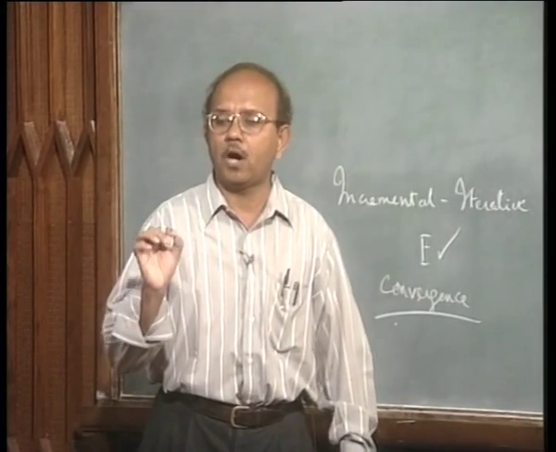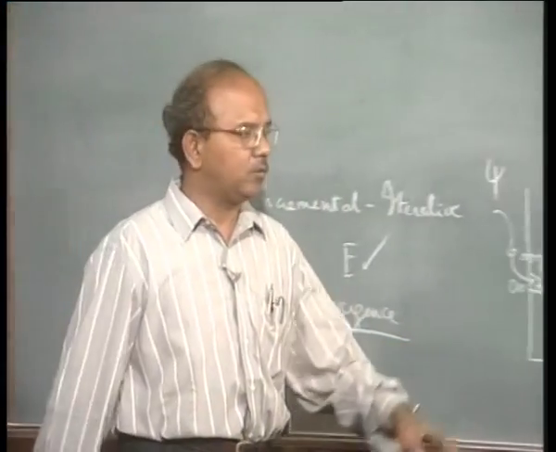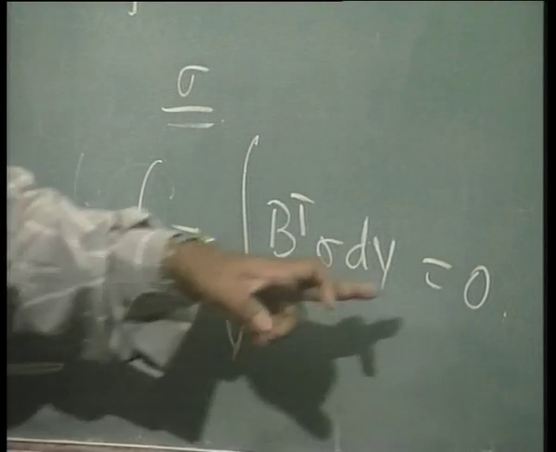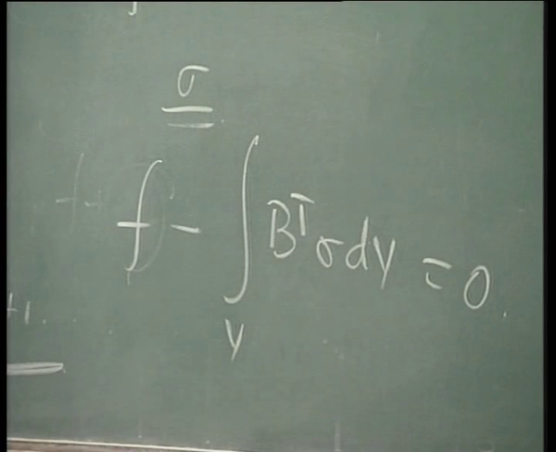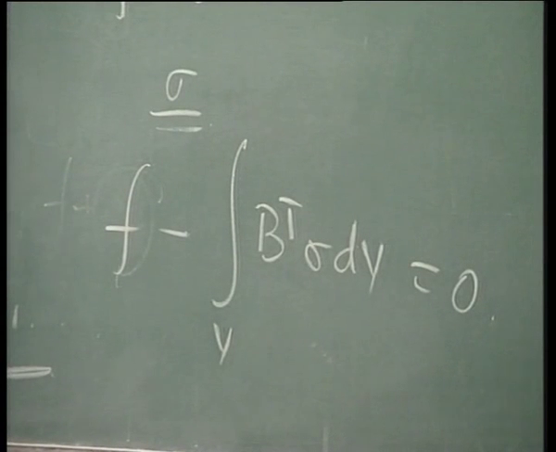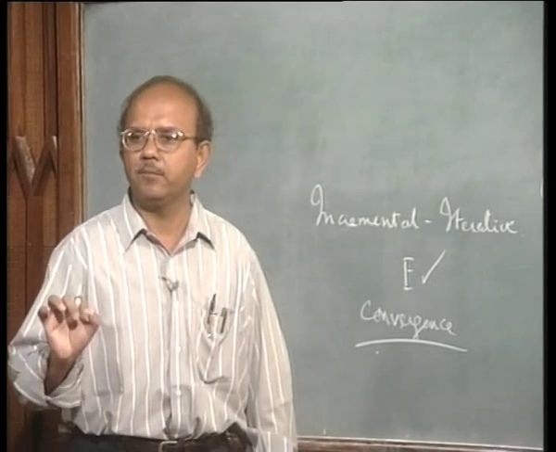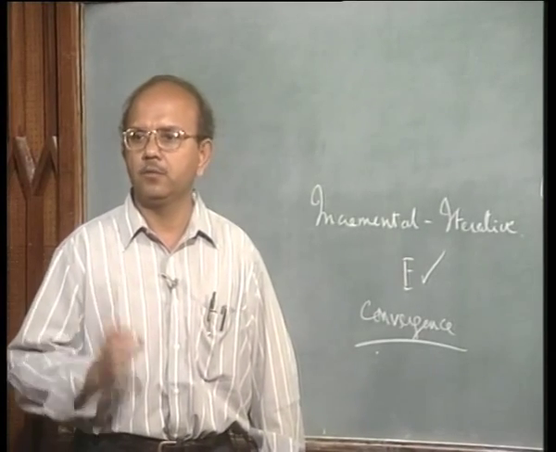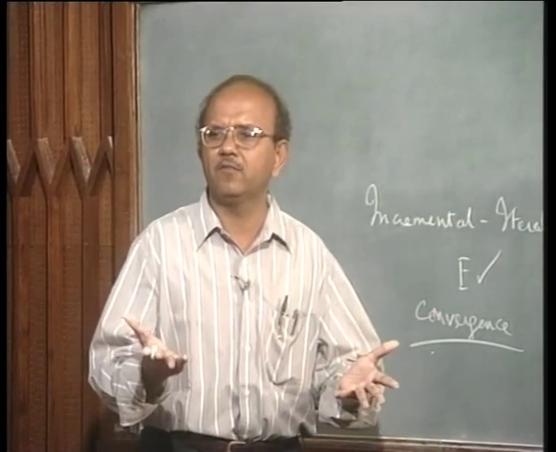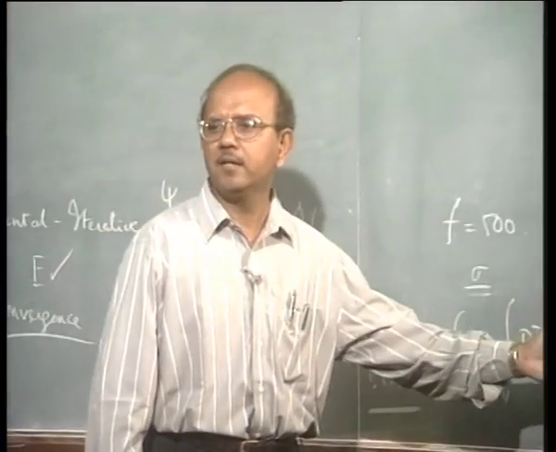I will show how this is the internal force in the next class. Let us first understand physically what we are trying to do. Now B transpose sigma dV is the internal force. So this minus this should be equal to 0. Both of them can be vectors, in a finite element sense. Let us say that we are only looking at it for the time being as a unidirectional or uniaxial problem. So B transpose sigma dV will just become sigma A. If it is just a bar, it will just become sigma A. So F minus sigma A is equal to 0.